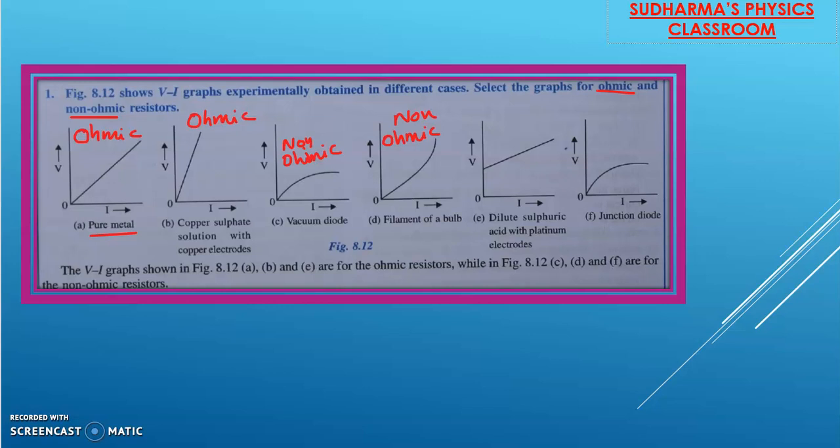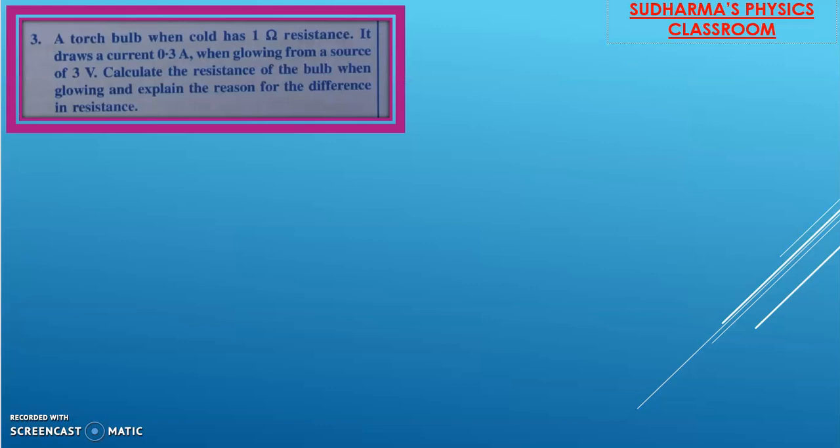And next one is, again, even if it is starting from this point, it's okay, but we have a straight line graph, so that is ohmic. And of course, the junction diode comes under non-ohmic material. Hope you understood. So what you have to check is, if the graph is a straight line, then that will be ohmic. And if the graph is a curve, any kind of curve, right? So that is going to be non-ohmic.